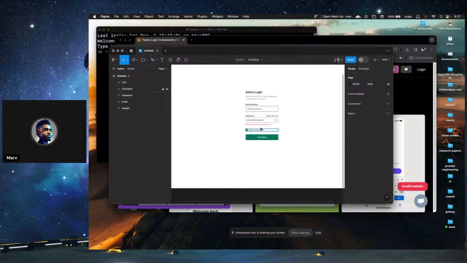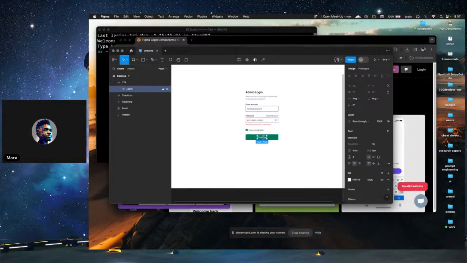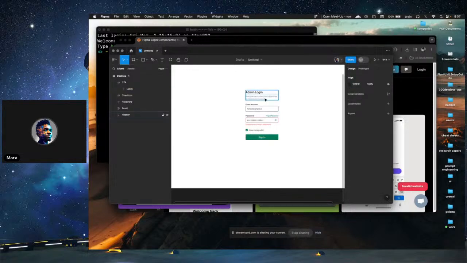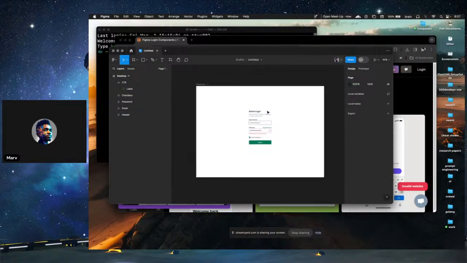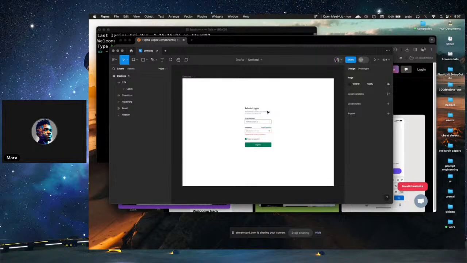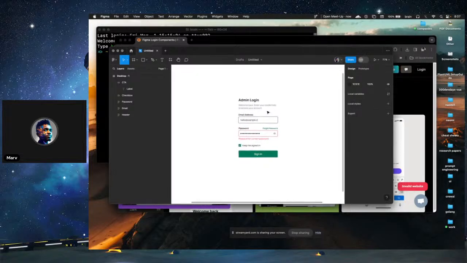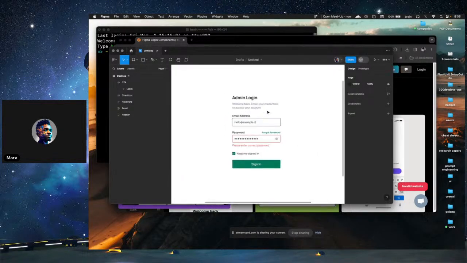As a matter of fact, we don't even need all this validation. Just email with the field, password with the field, and then continue or sign in. We're not going to take too much time here. So admin login, welcome back, and all that. Great. So let's go ahead and implement this right away. I'm sure you guys remember how we